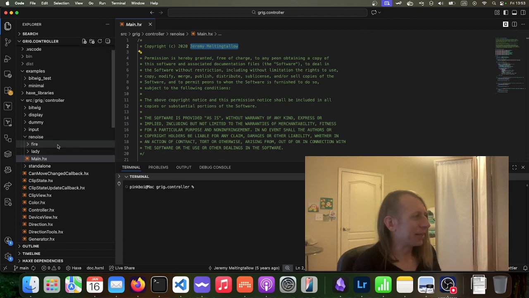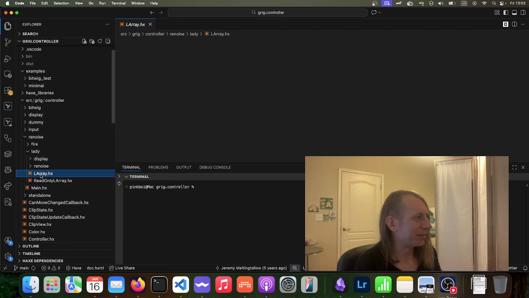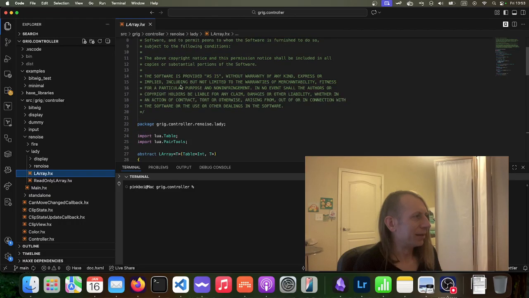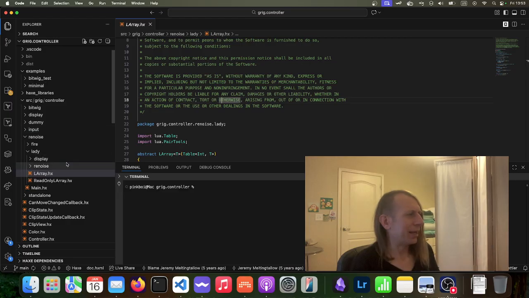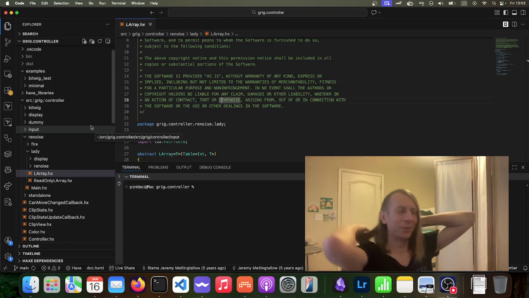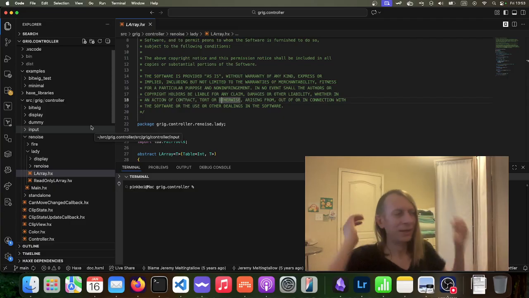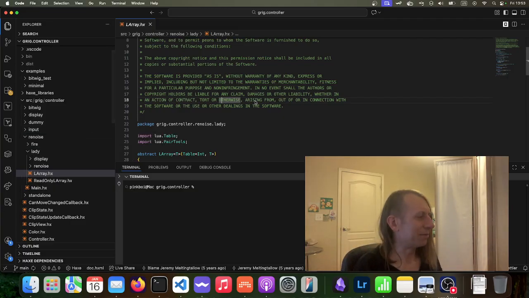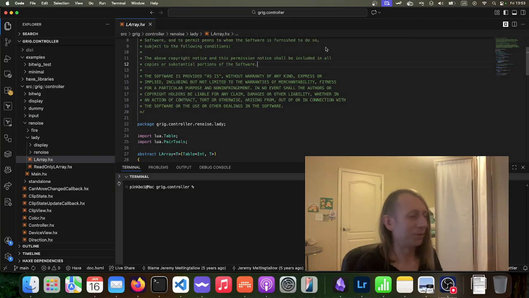And the only thing I've really changed so far is the namespaces, so that it sits inside grig.controller. And there was maybe one file that I deleted because it was something he started on, but it was just a copy of something else and he never used it. And that got in the way of me making the docs. So this is something that you could probably tap into directly to make a Lua-based script for